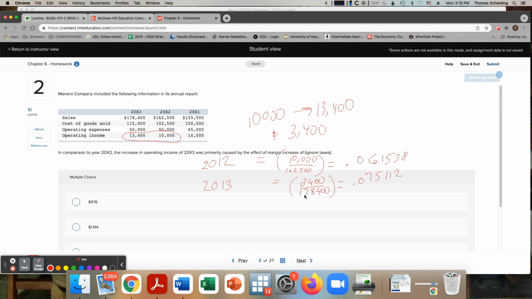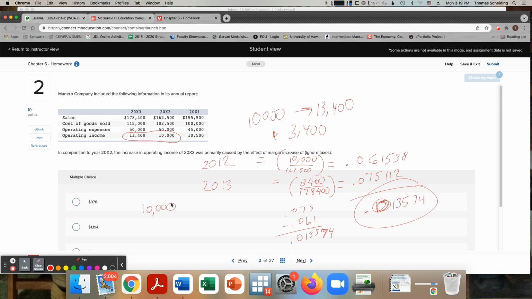Now the difference between those is 0.013574. I did the 0.075 minus the 0.061, et cetera. So you have to do 2013 minus 2012 to get the 0.013574. Now what I need to do is create an equation where I start with the operating income